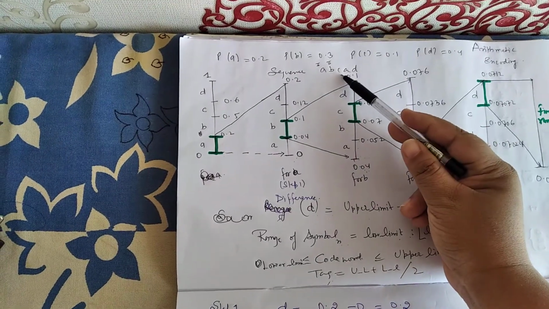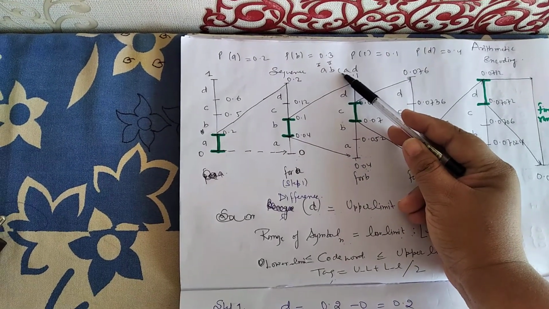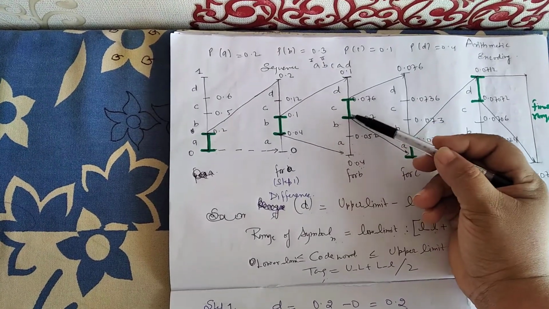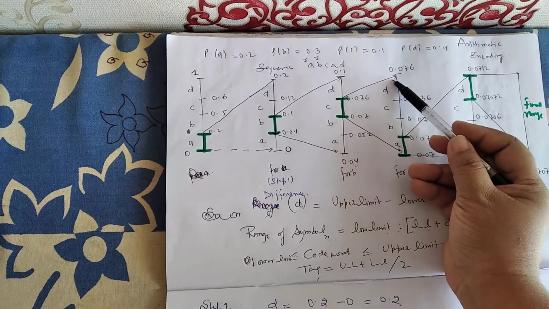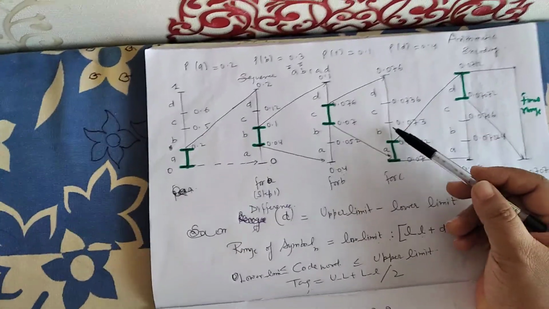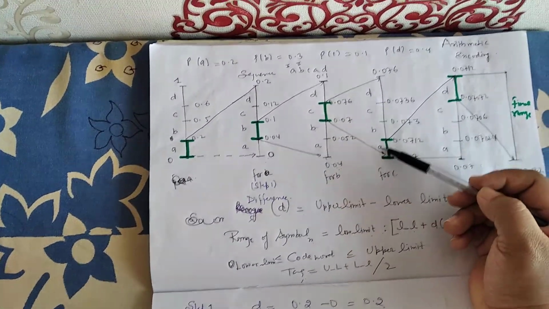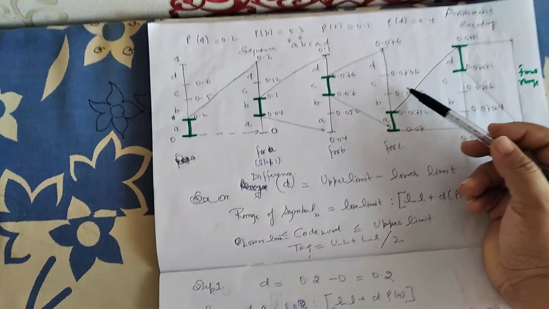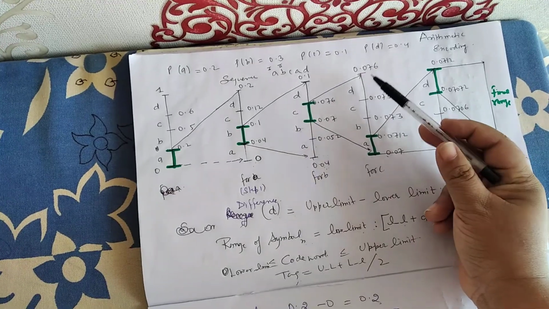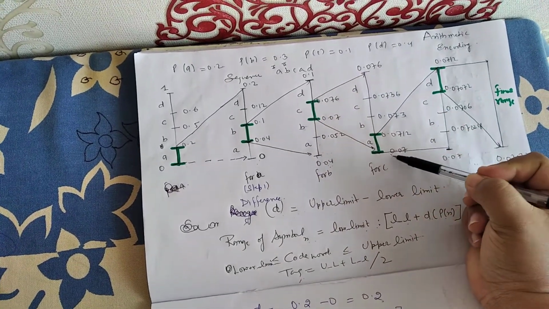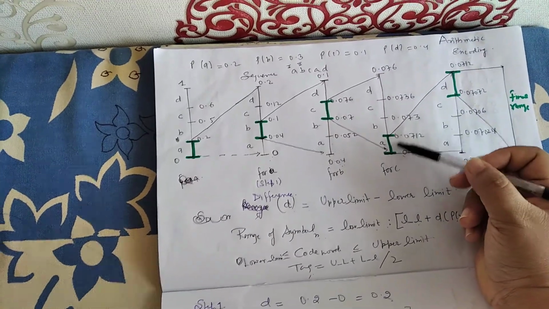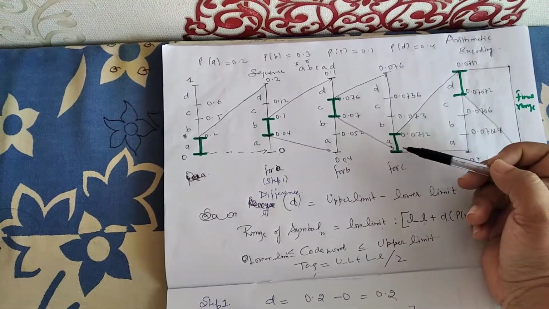Now the next character in the sequence is C. So here we will explore this range of C in the next step. So we come to step 3. Here I have explored the range of C. Again using the same breakdown into the 4 subcategories, 1, 2, 3, 4, and then again using the formula for the value of D. Upper limit is 0.076, lower limit is 0.07. Subtracting it, you will get the value of D. Using that, you can get the range of A, then B, then C.